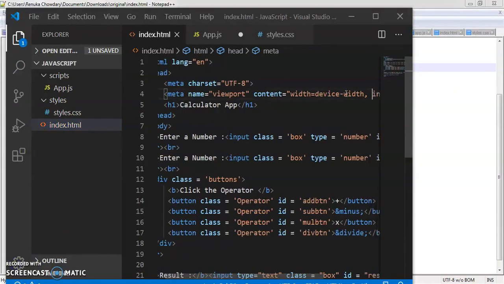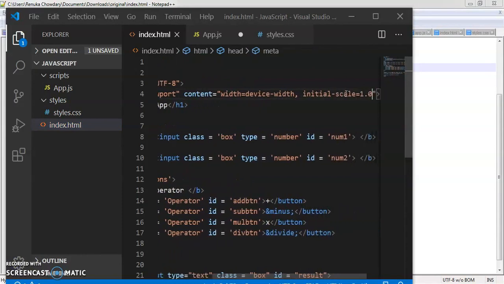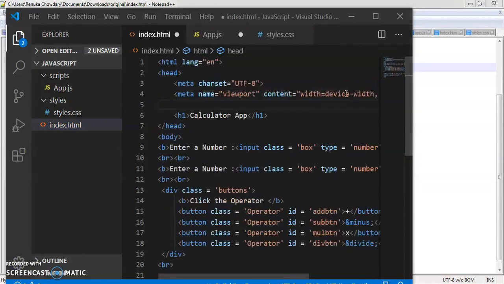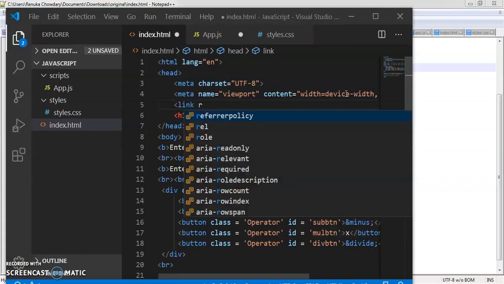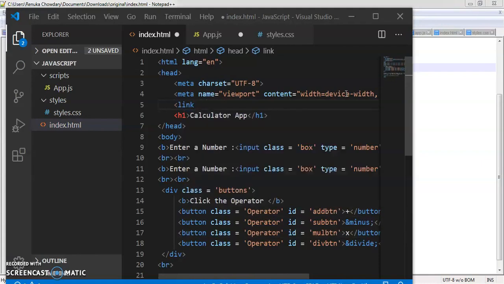Add the CSS inside the header of the HTML using this tag as link, as style sheet, and path should be styles slash styles dot css.